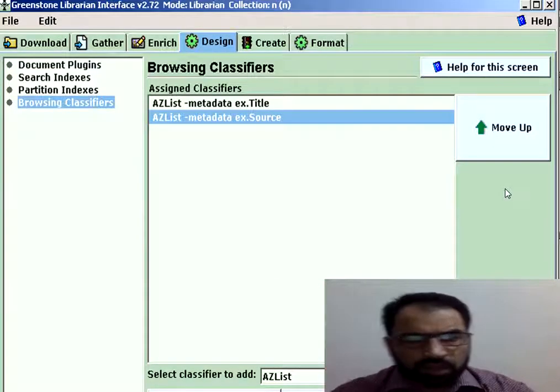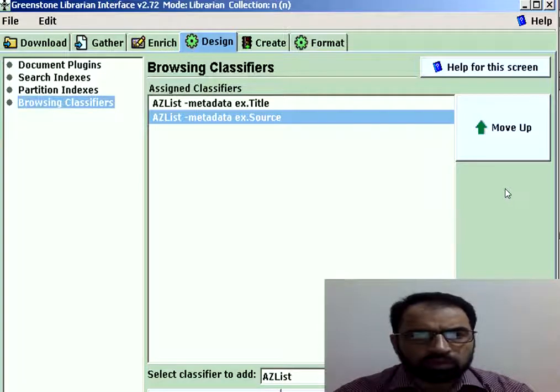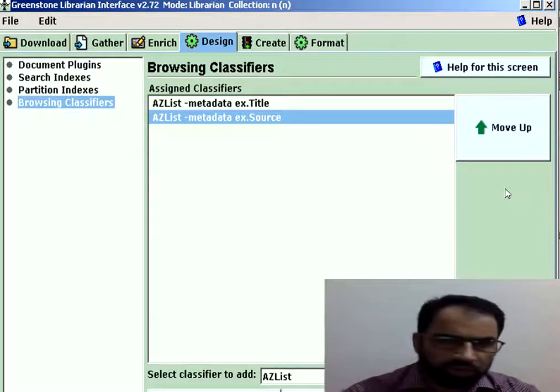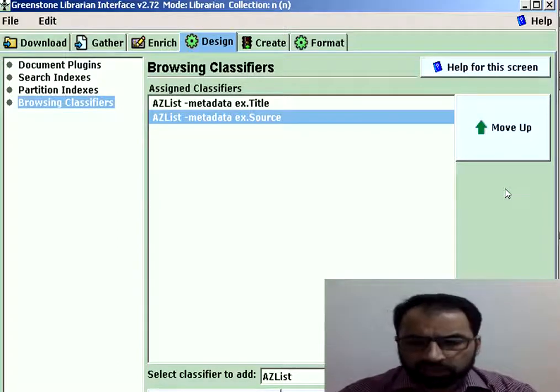Then along with searching, there is also another way of getting to the collection in a library, which is the browsing process. So we need some bibliographical elements whereby we can browse the collection, like by the name of the authors, by the name of the publisher, or we can have the collection on the basis of the year of publication, on the basis of the subjects. So here also we are using different classifiers.